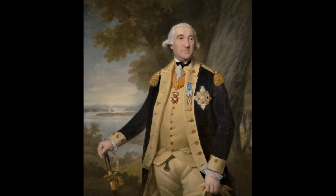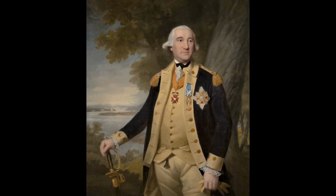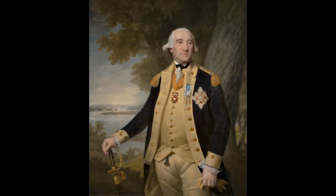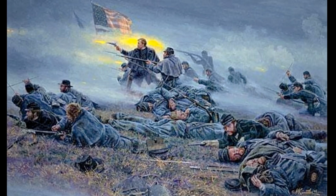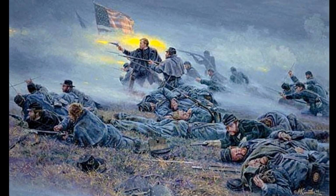It was also known as the Steuben Guard, after the Baron von Steuben, a former officer of Frederick the Great's Prussian army who became the Continental Army's professional drill master. After receiving the regimental colors in New York City, the 7th was deployed to Virginia, where they were soon in action participating in General McClellan's Peninsula Campaign, fighting such battles as Malvern Hill, Antietam, and Fredericksburg, reflected in this colorful drawing